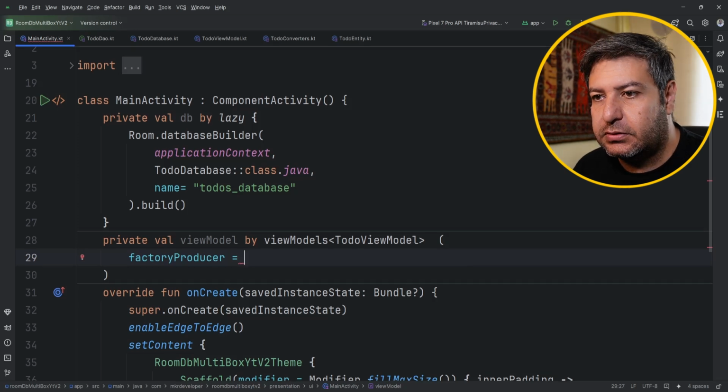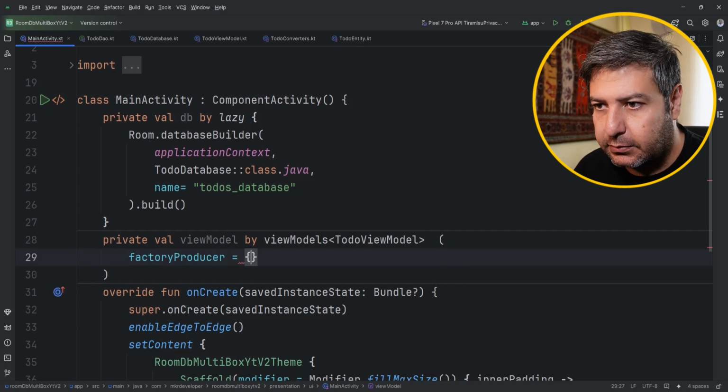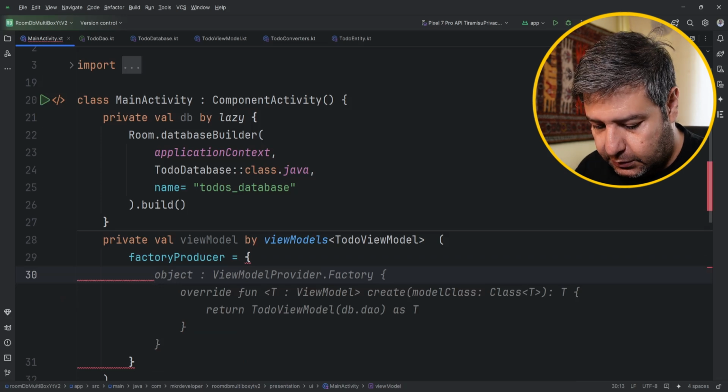Factory producer, here curly braces, and down below